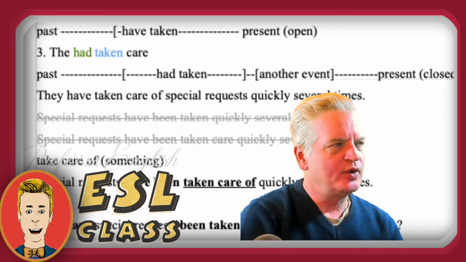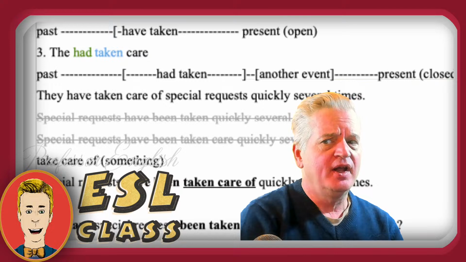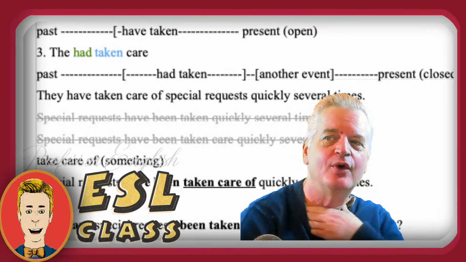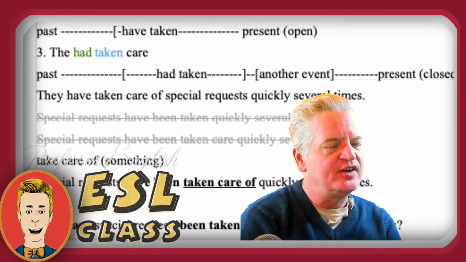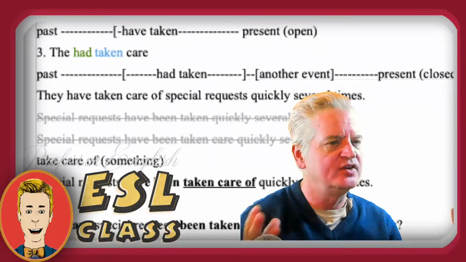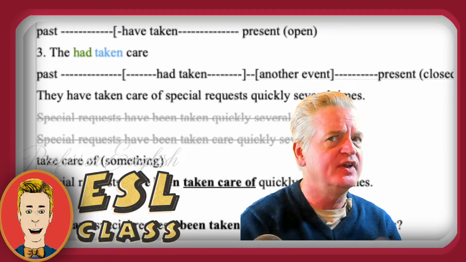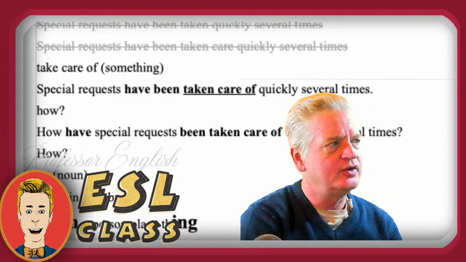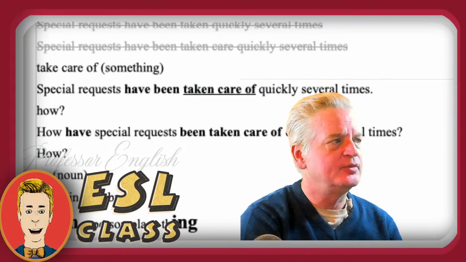Now, is this an active voice sentence or a passive voice sentence? It's an active voice sentence. I'm not sure if you know what that means, or if you remember what that means, or if you only vaguely know what that means. But if you have an active voice sentence, the focus is on the subject. The focus is on the cause of the verb, of the action. And sometimes in English, we don't want to use an active voice sentence. We want to use a passive voice sentence. So we have to make some changes.